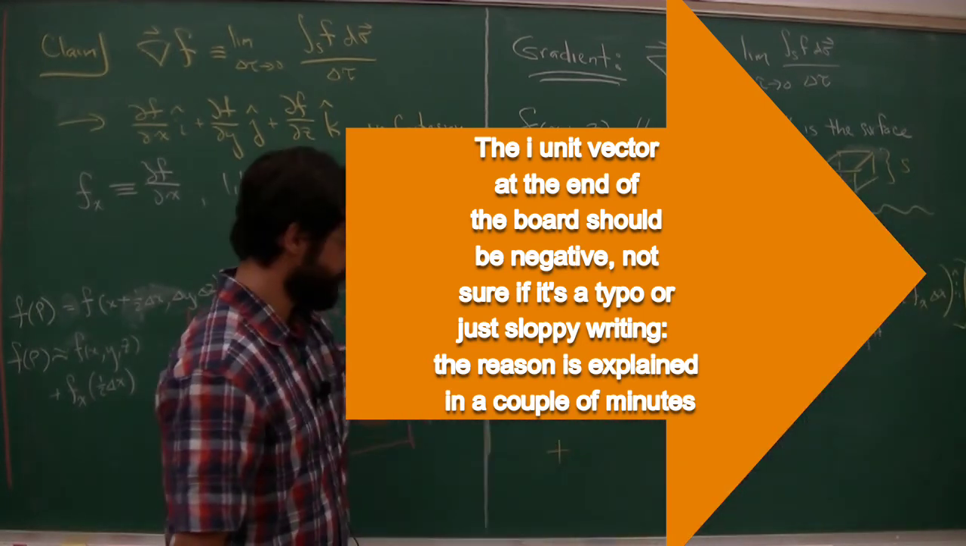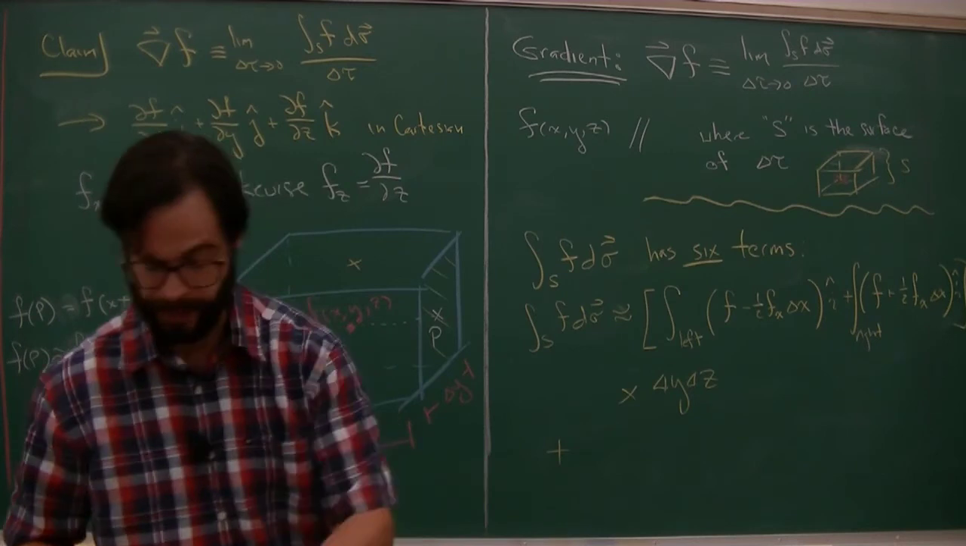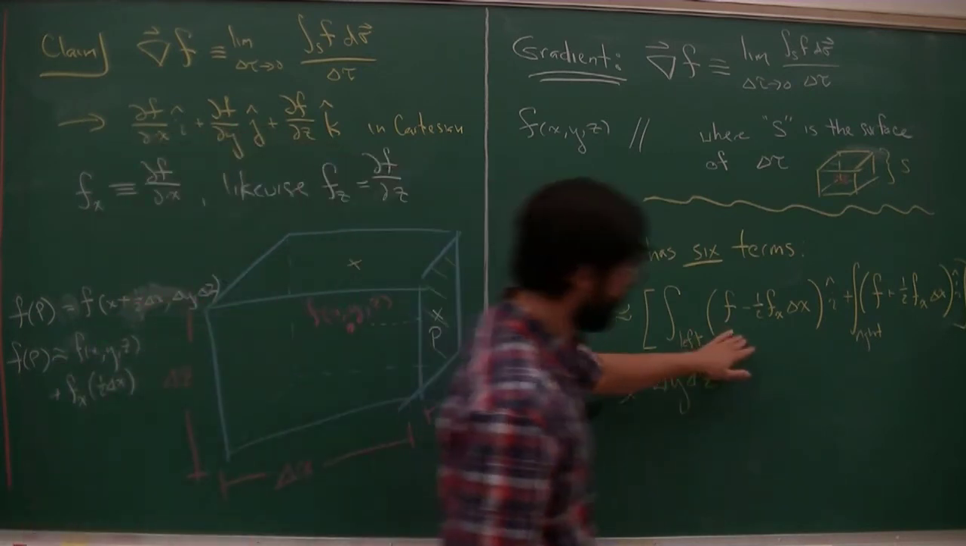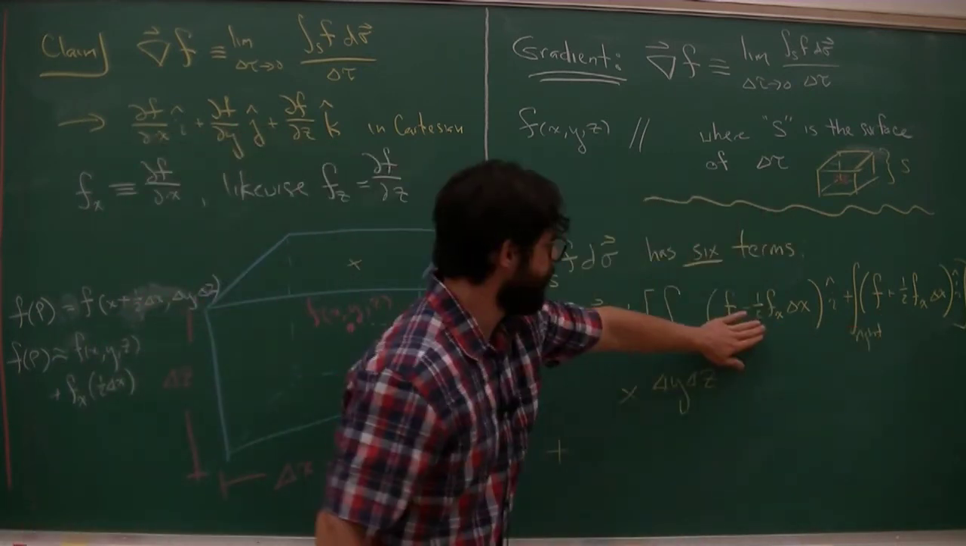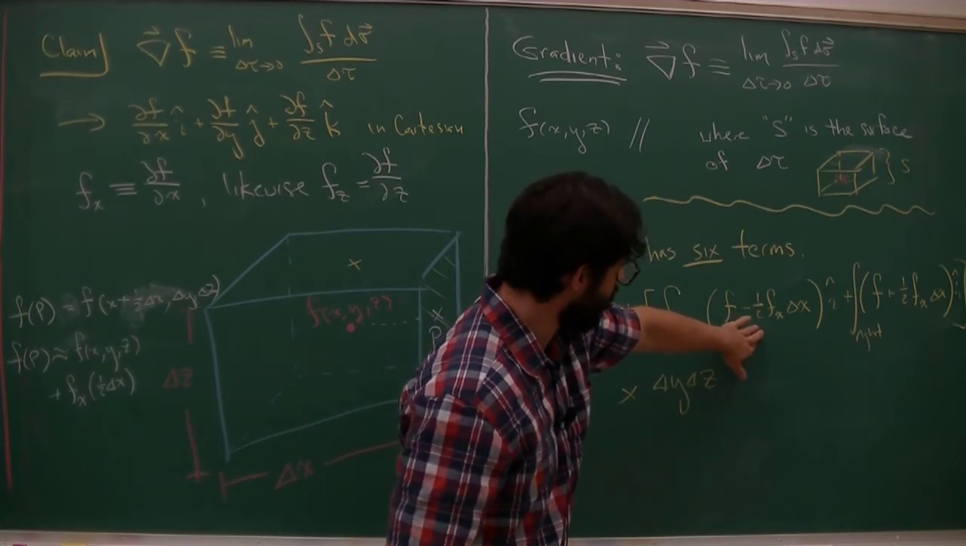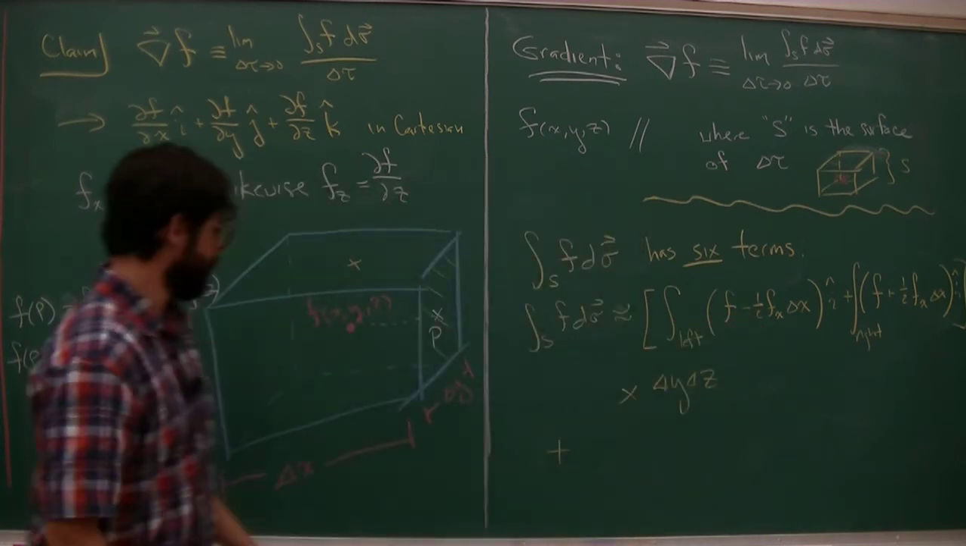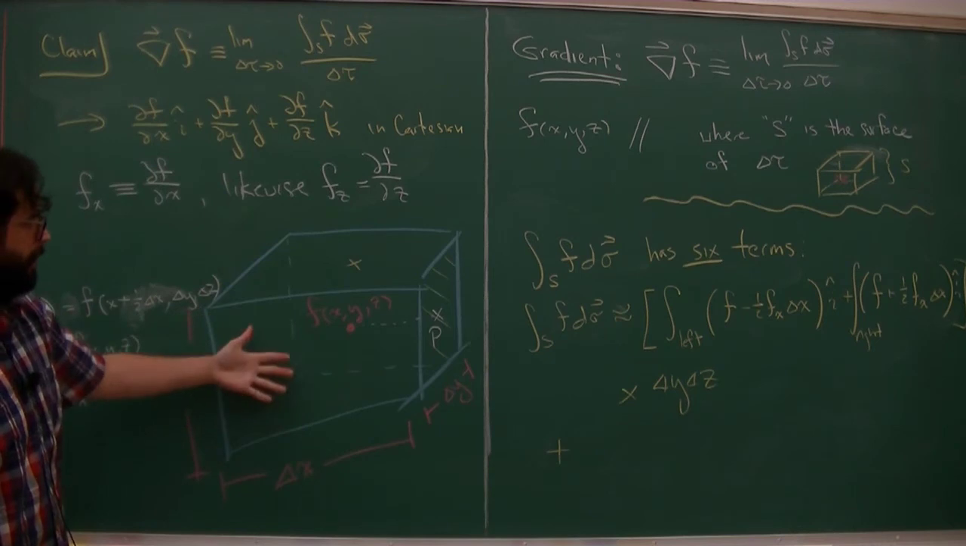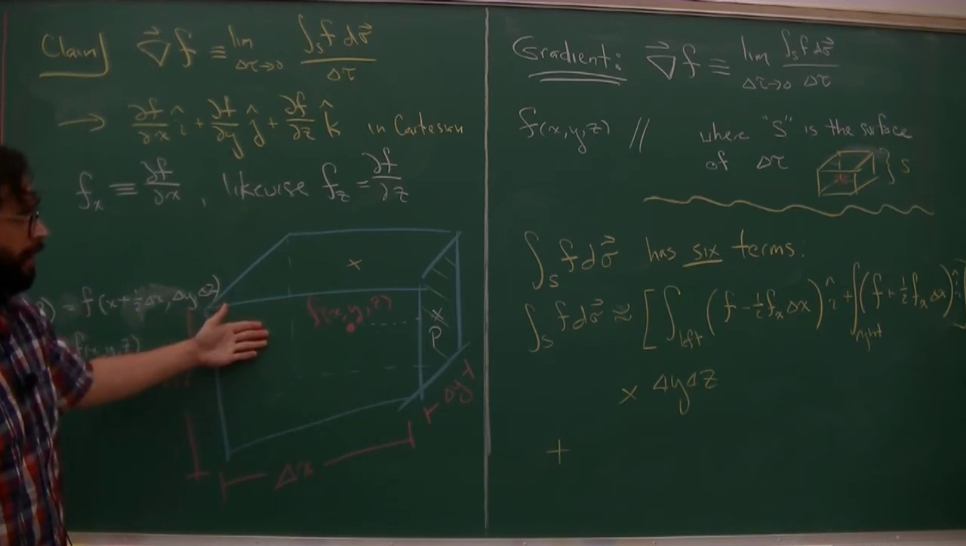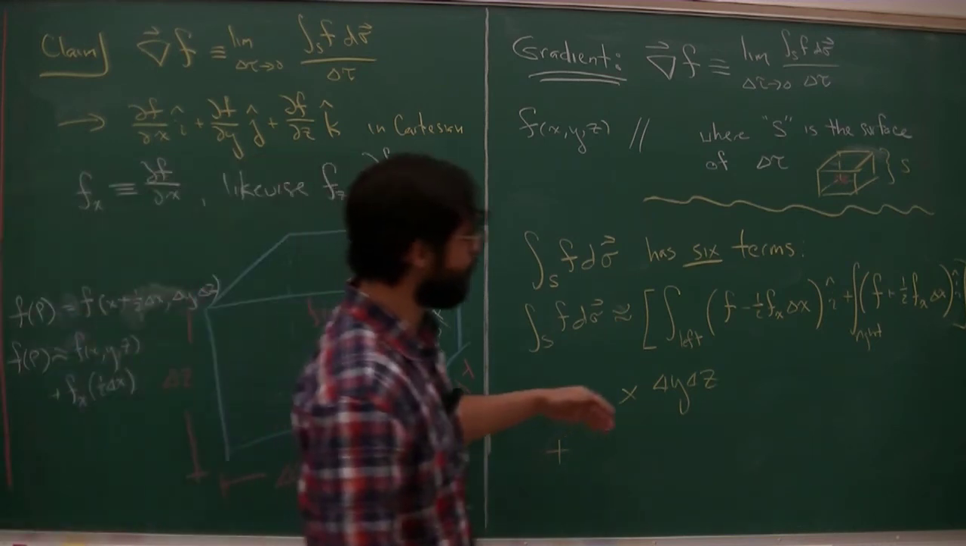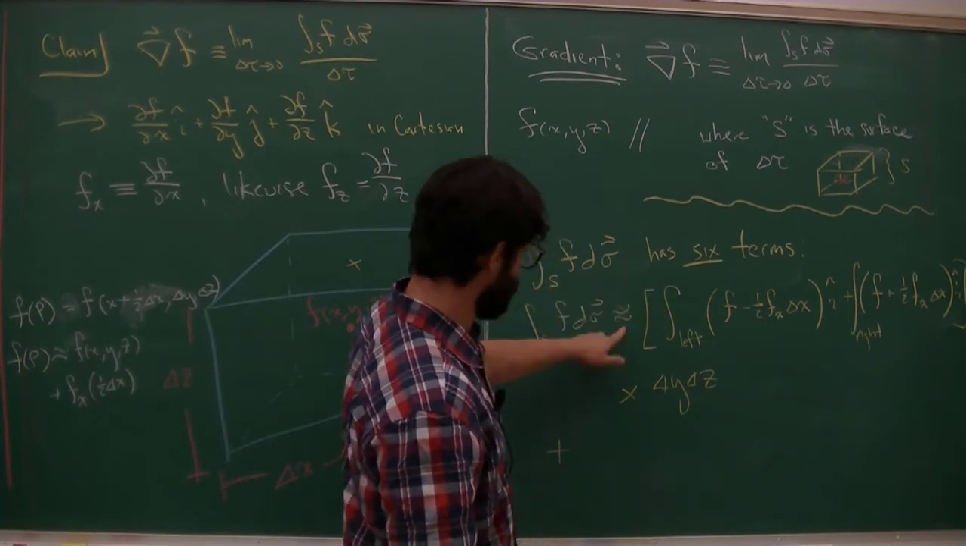5 more terms. Sorry, 4 more terms, because this is 1, this is 2. So this is the left contribution to that surface integral. So this is the left panel. What we had to do was evaluate this function at the left panel. And then instead of an integral, so we're basically,